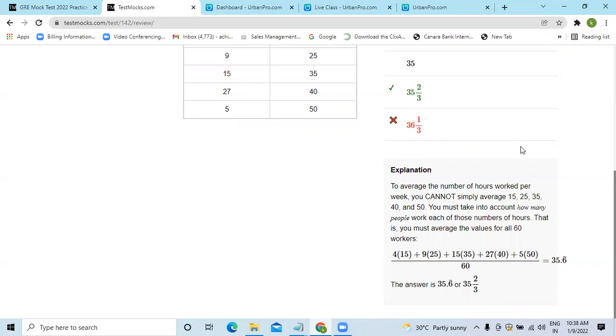Yes, sir. See, it is 35 and 2 by 3. So was it a calculation mistake error? Yeah, it was a calculation error. Okay, so it is 35 and 2 by 3. This is the way. You understood, or you want me to? Understood.